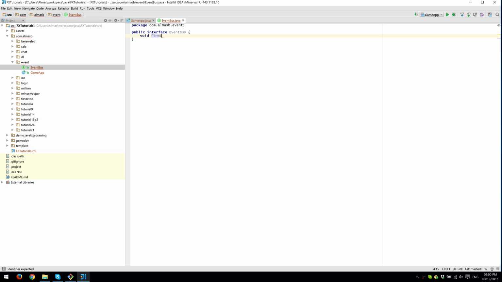Void fire event. So our event bus needs to be able to fire an event. And since we already have a JavaFX event system, we don't really need to define any kind of events. We just say we are using JavaFX event. We also need to be able to register event handlers and also remove them. We're going to do a parameterized type that extends event,